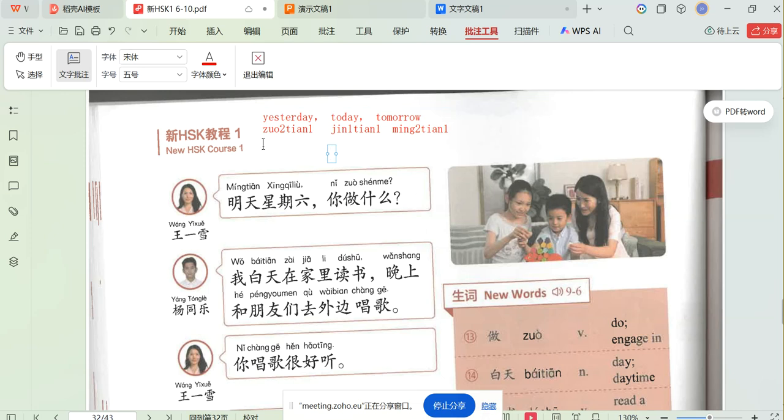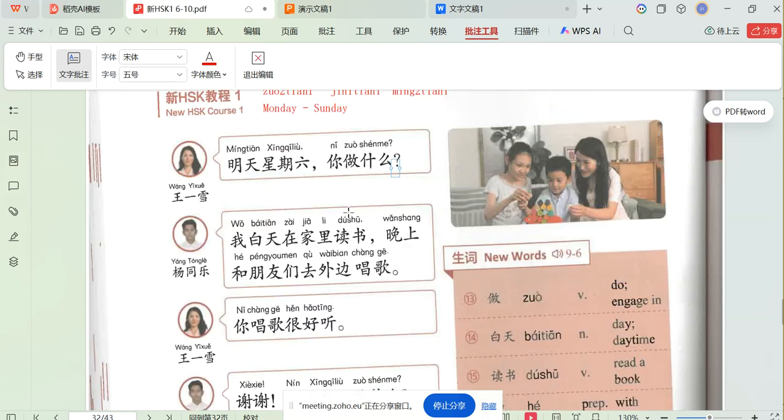So let's review again from Monday to Sunday. They are 星期一、星期二、星期三、星期四、星期五、星期六、星期天. For Sunday, we can say both 星期日 or 星期天. Yes, both of them are correct. So tomorrow, Saturday, what do you do? What will you do? 你做什么？